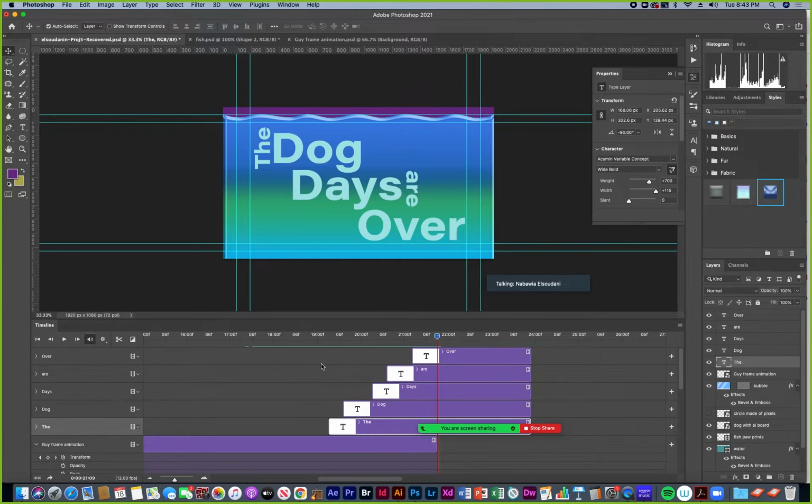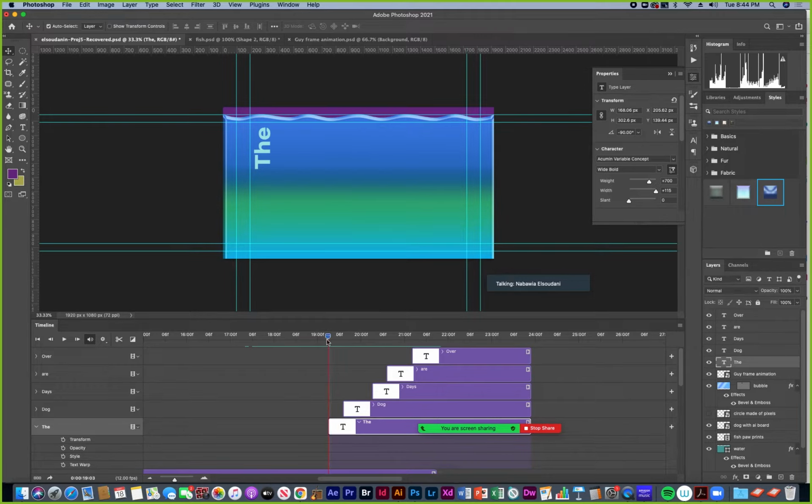So that's pretty good. Okay, then other things you can do, you can open up each of the text layers and you could do different animations for each one. You can animate opacity in, so I can click the stopwatch to start on opacity and extend the layer out, move the playhead to the beginning, and then bring the opacity down to 0. So that fades the type in.